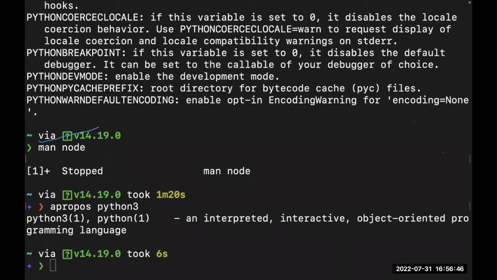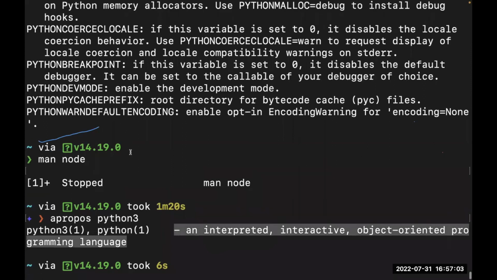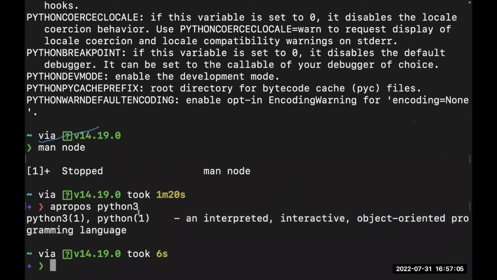So it's a Latin term that means about, and that is a smart naming convention. It means about, and it tells you about a particular command line tool. It's kind of like a short description, unlike the man page that gives you a lot of commands. I'm going to clear this right now.